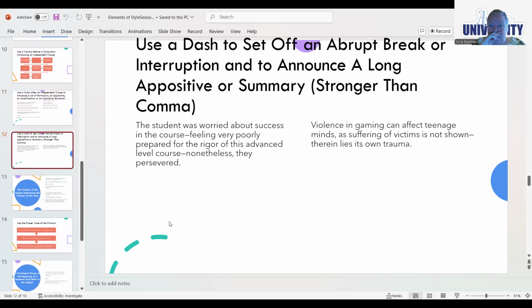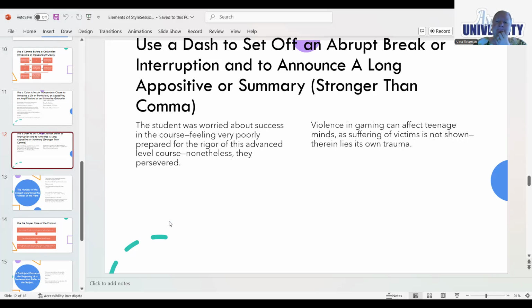So let's talk about a dash. A dash is a long break. It sets off an abrupt break or an introduction. So it's almost like a: The student was worried about success in the course, feeling very poorly prepared for the rigor of this advanced level class. Nonetheless, they persevered. Okay, it's like a: Violence in gaming can affect teenage minds as suffering of victims is not